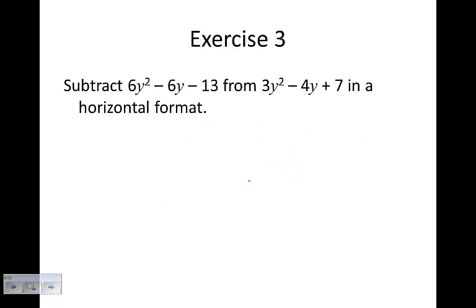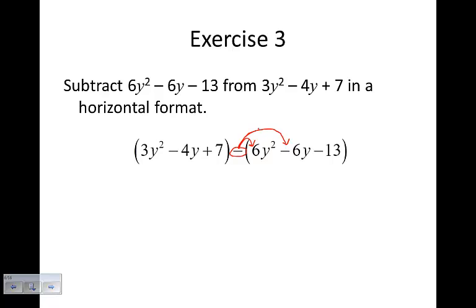So let's look at subtracting. Now the important thing with subtracting is using this minus sign here. This has to go into everything. So this would turn into a negative, this would turn into a positive, and this would turn into a positive because a minus times a minus would be a positive. So we would do the same thing using like terms, but you have to make sure that that minus sign